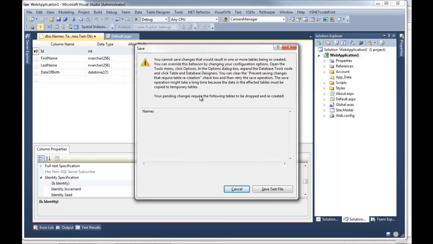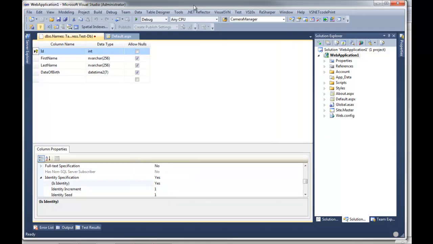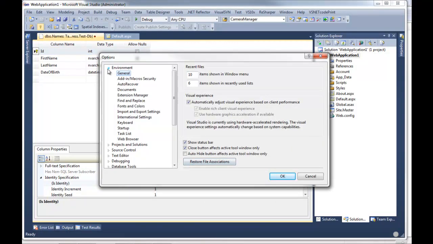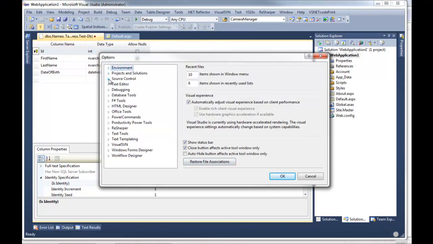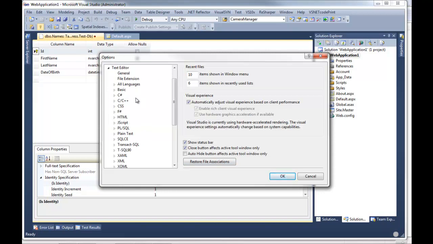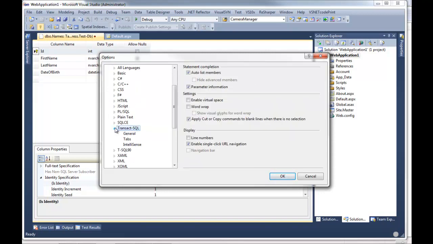You will also see this error the first time you try to edit a table in either Visual Studio or Express Management Studio. Basically, it's going to delete this entire table and recreate it with the new information. And you have to explicitly enable this behavior in the Tools menu. So I'll show that really quickly. It's Tools, Options. Actually, I might not know where it is in Studio Express. But if I remember correctly, it's under Transact SQL.